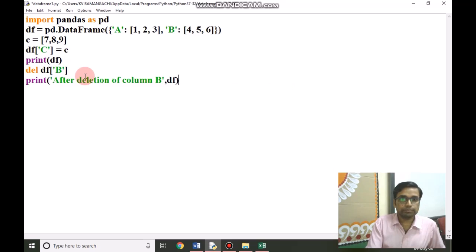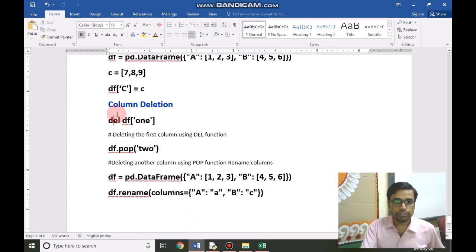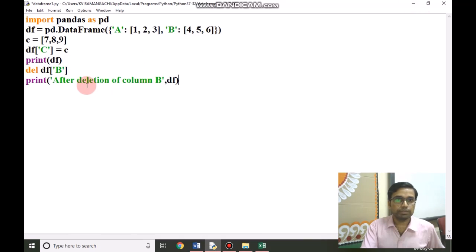After deletion of column B, the data frame will be df. We have used the del keyword and df column name.